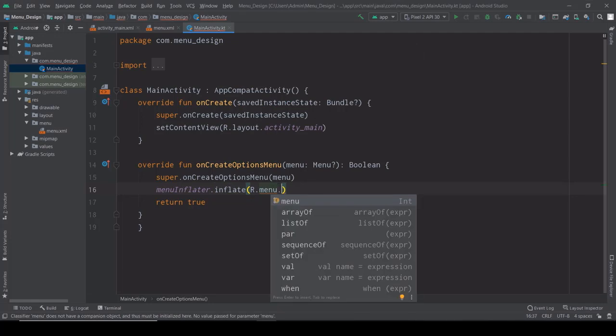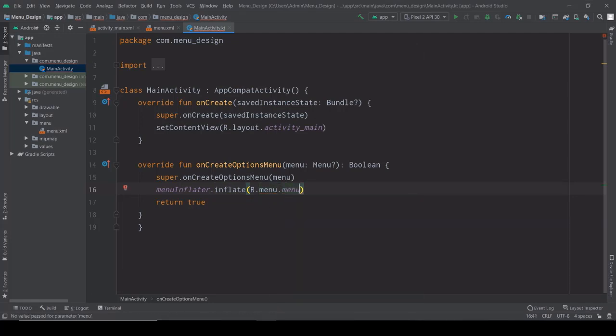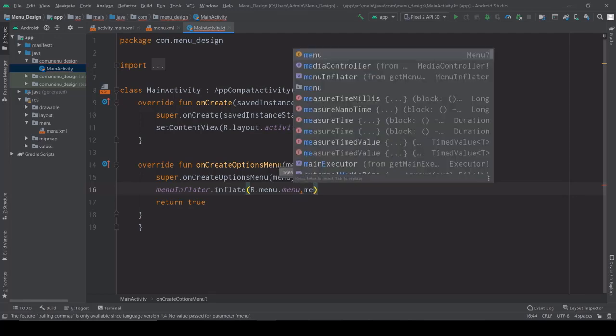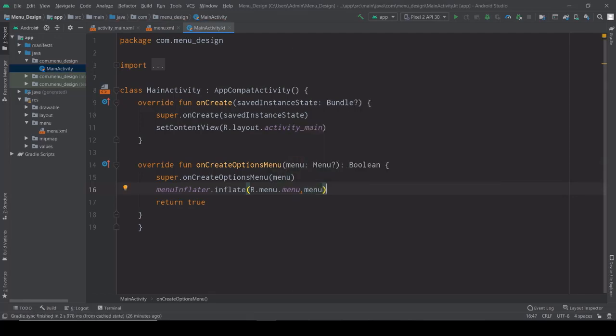Inside the menu, my menu resource ID is menu, which is already given. After that I'm mentioning the type of attribute, menu. So we are passing the menu now. Okay guys, successfully we created a method for our menu. This method integrates our menu window into our main activity. So guys, now I'm going to run my application. Let me show you how it will work. Now I'm starting my emulator.